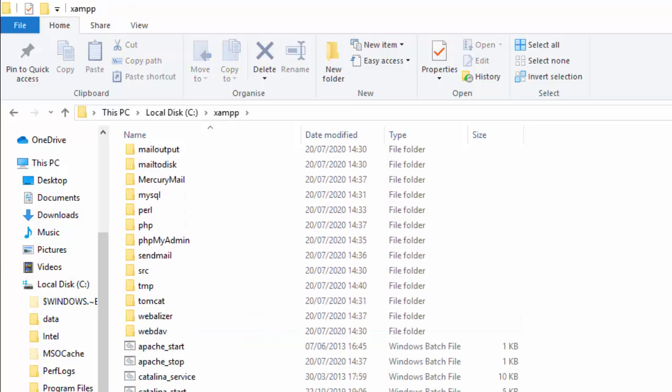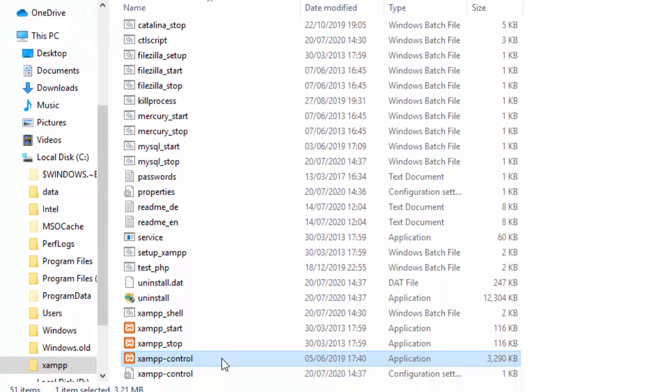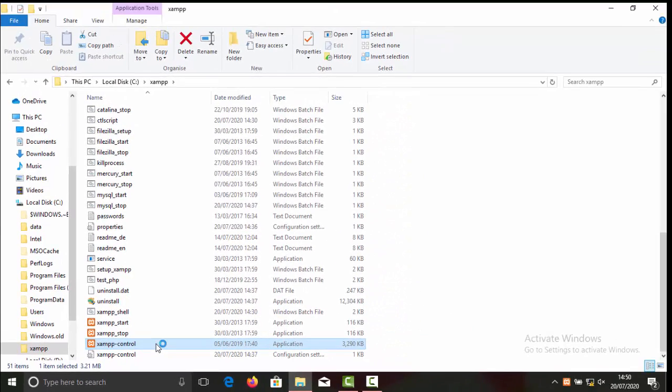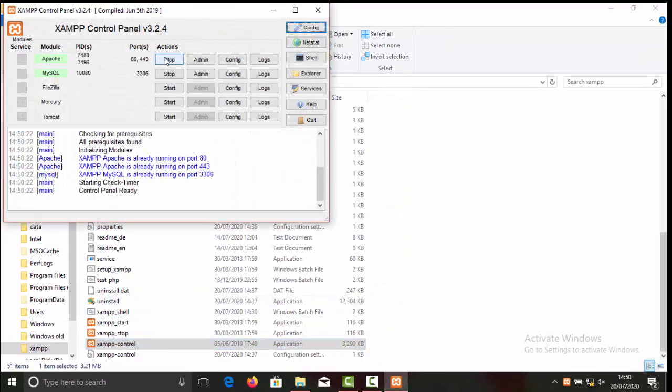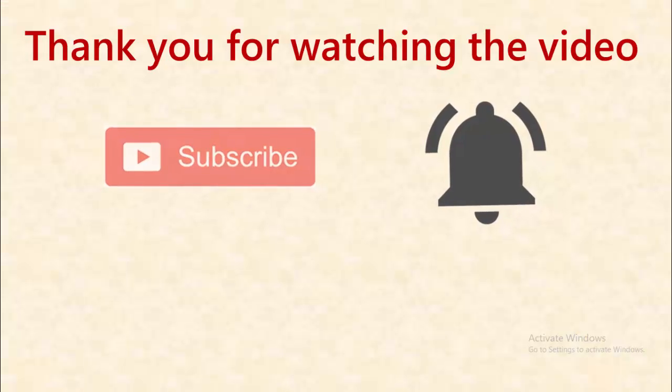Now just scroll down within the same folder, and here is the option XAMPP control. Click on it, and here is your control panel which is open. So this is how you can open the control panel, and from here you can start the services for Apache server and MySQL server.